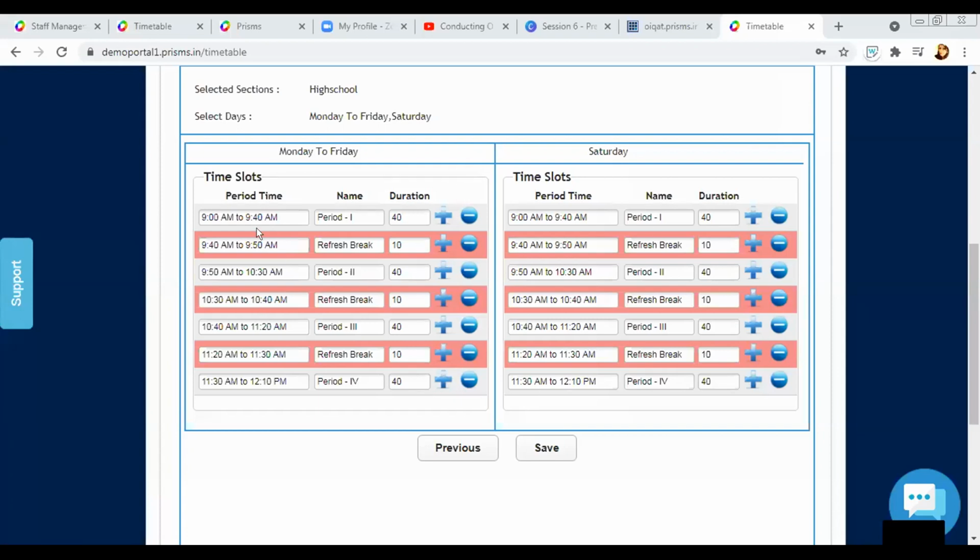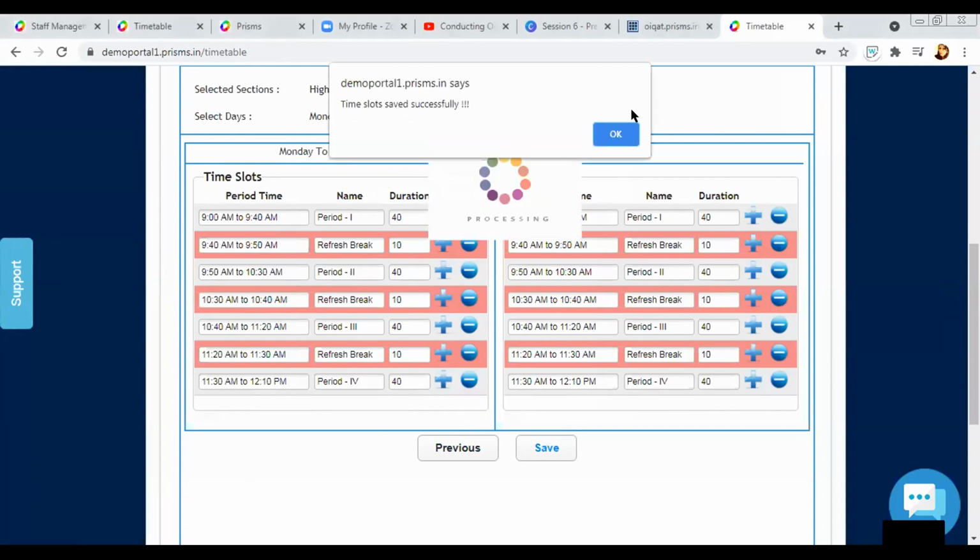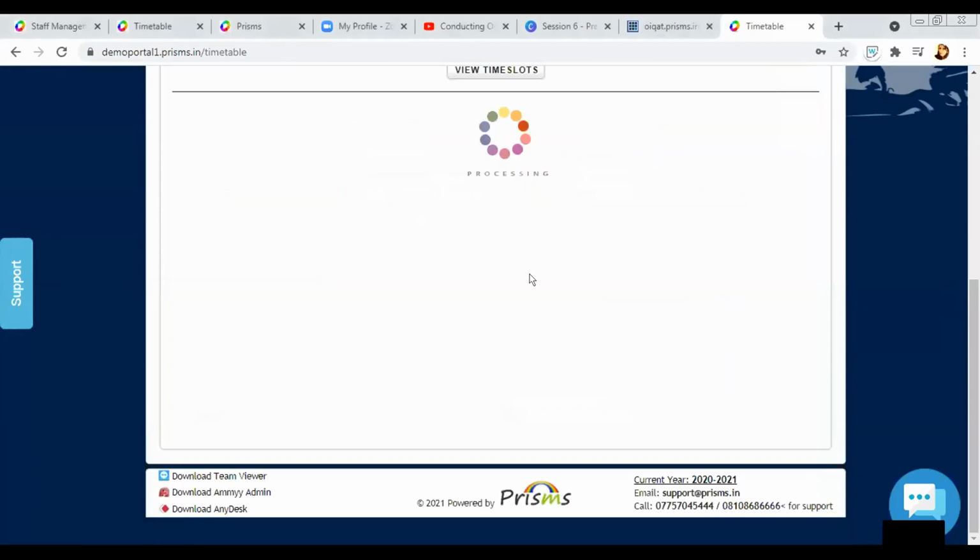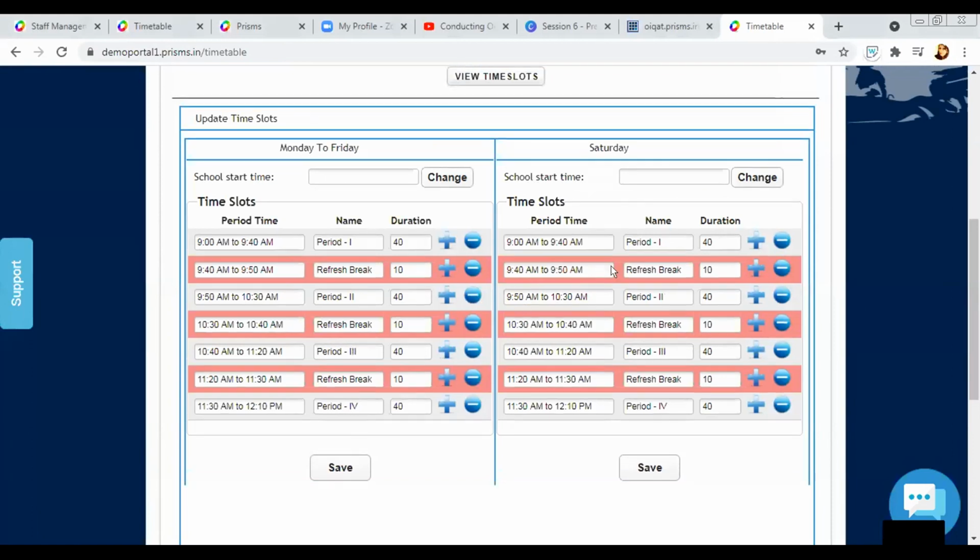Okay. So we'll create time slots in this particular manner. Make sure that these are your confirmed time slots, that the time slots you have selected for that particular day. Okay, and click on save. Now I've saved the time slots.